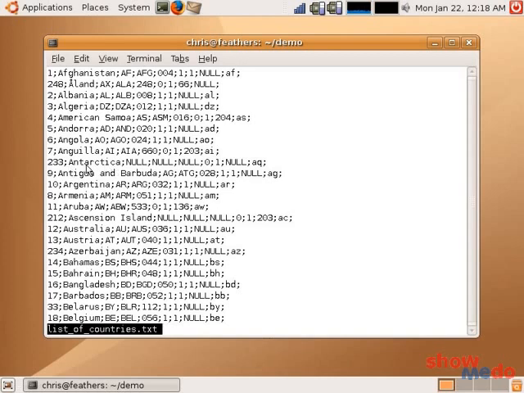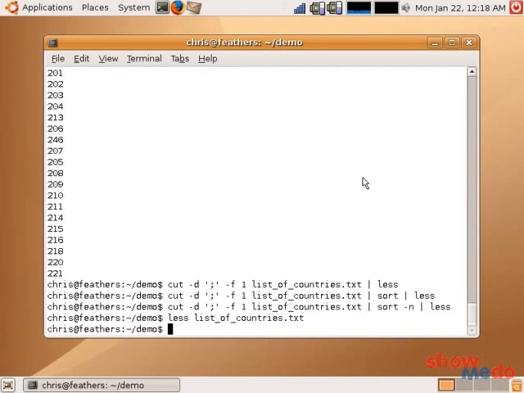So we're going to extract this field this time and sort it, and then direct that sorted output to a file. So we'll cut -d, our delimiter of the semicolon. We want the second field from the list of countries file. We'll pipe that to sort, and then we're going to direct that output to lists countries